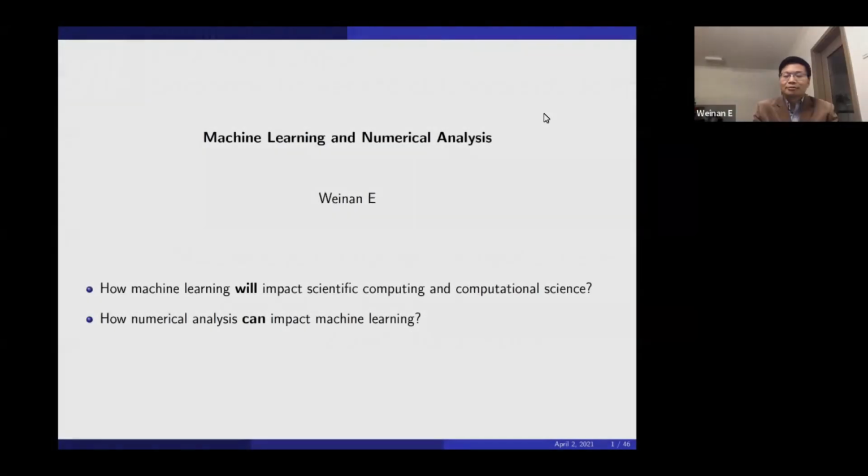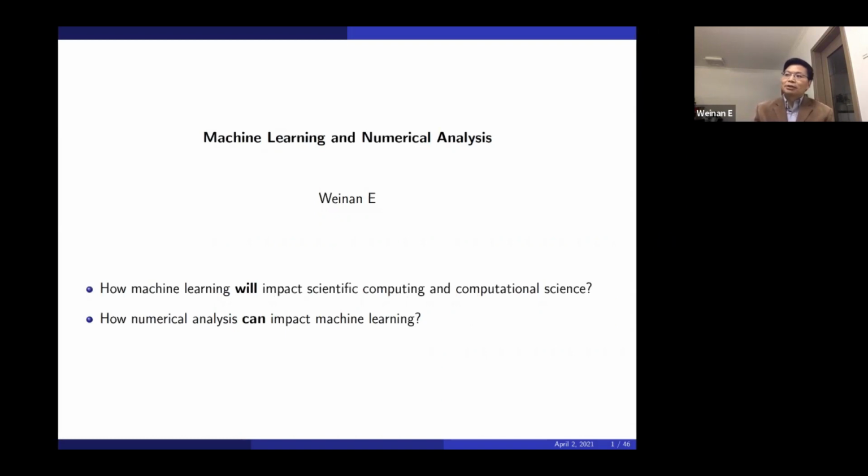And I sort of tried to ask the following two questions. Number one, how machine learning can impact scientific computing and computational science. And number two, how numerical analysis can impact machine learning. So how can we help machine learning with the viewpoint of numerical analysis? Typically,